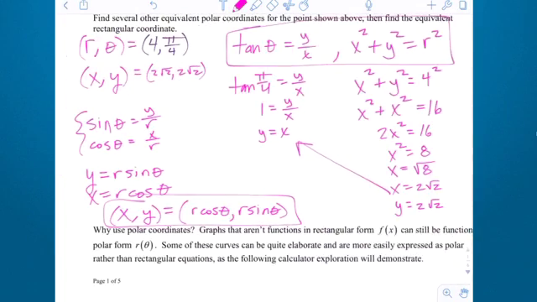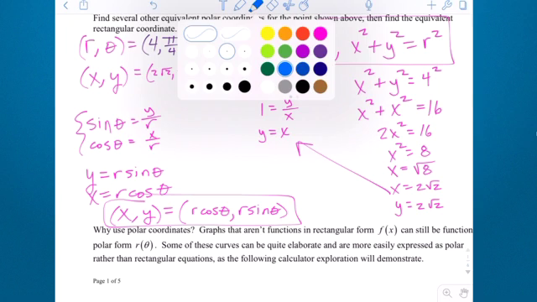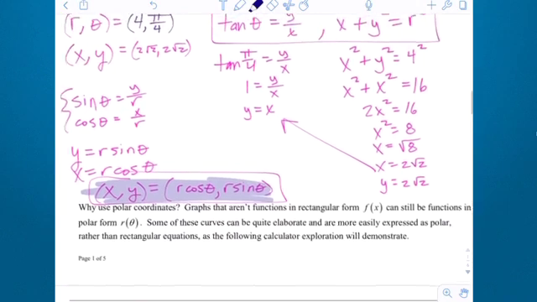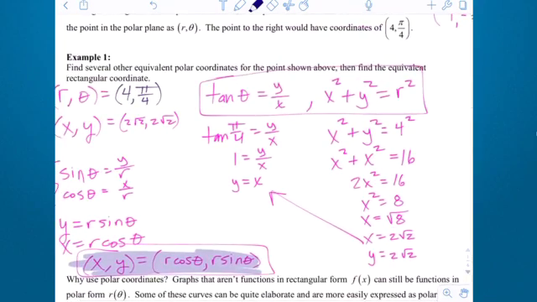All right, let's see if that works. Our radius is 4. Our angle is pi fourths. So what's 4 times cosine of pi fourths? Well, it's 4 times the square root of 2 halves, which is 2 square root of 2. Same thing over here. 4 times sine of pi fourths is 4 times square root of 2 halves, which is 2 square root of 2. So this is a little bit more useful when you are converting directly from polar coordinates to rectangular coordinates. All right? These equations up here we'll revisit again. They're a little bit more useful when we're going the